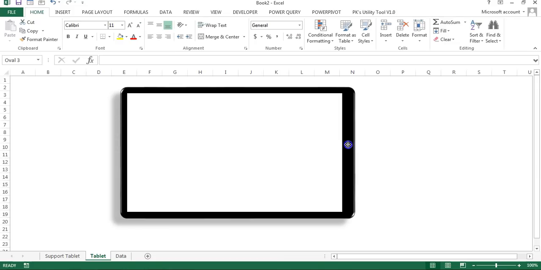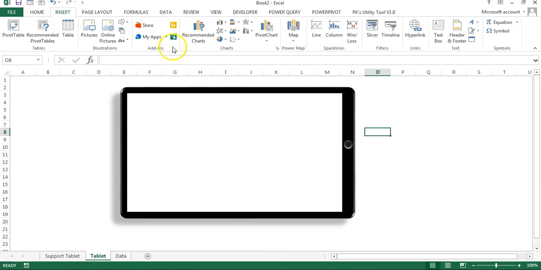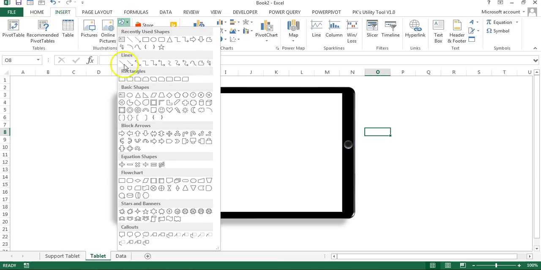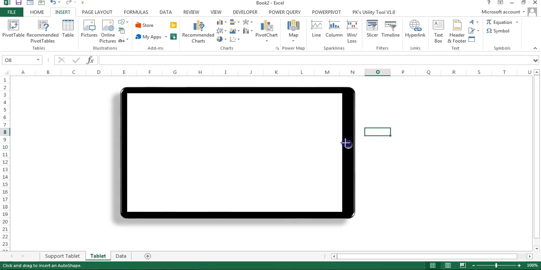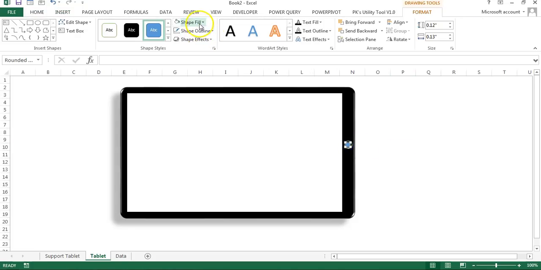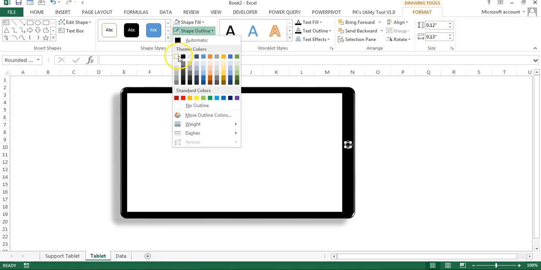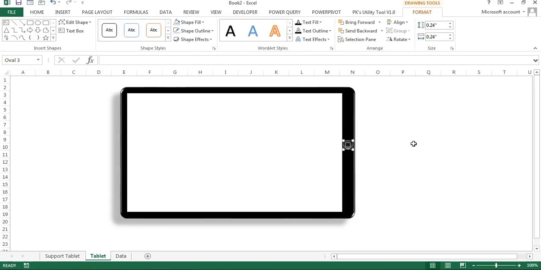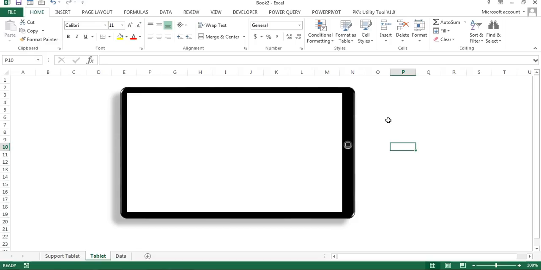Keep this in the center. Now I'll go to the insert again, then I will insert a rounded rectangle, this one, and drag a very small rounded rectangle like this and just keep this here. And now I'll go to the shape fill and will take no fill. Shape outline I'll choose white, or let's say this gray. So our tablet shape is almost ready.